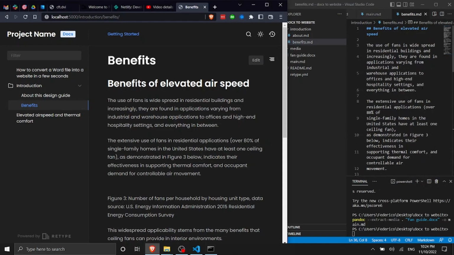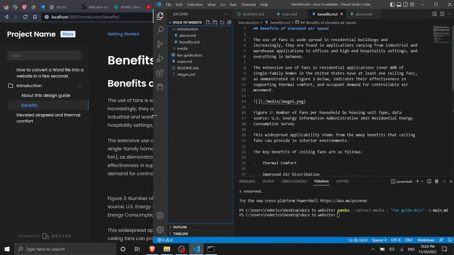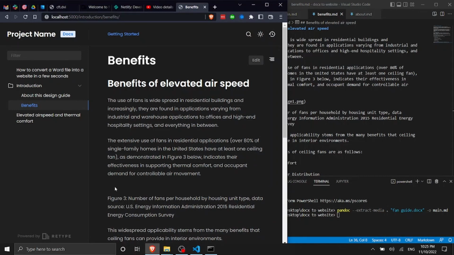And again, something like this, we can go ahead and keep adding pages inside our documentation and restructure it as you want. We can, of course, add the new folders. We can, of course, change the content, and we can do whatever we want. One last thing that I want to show you, because I think is very important, is how to organize these pages. If, for instance, you want to have the benefits page coming before the about page, and also another thing that I would like to show you is how to fix the problem with the image here,